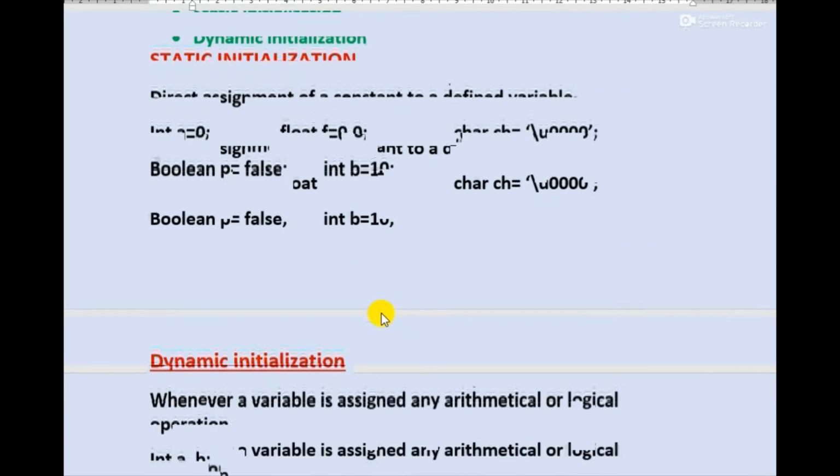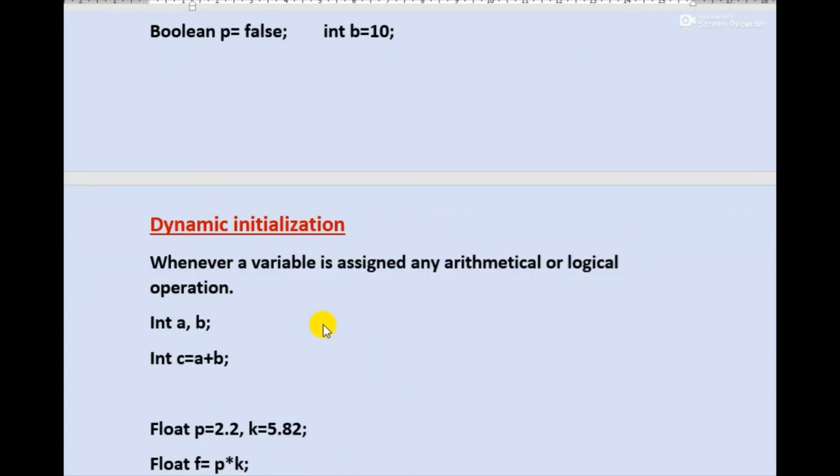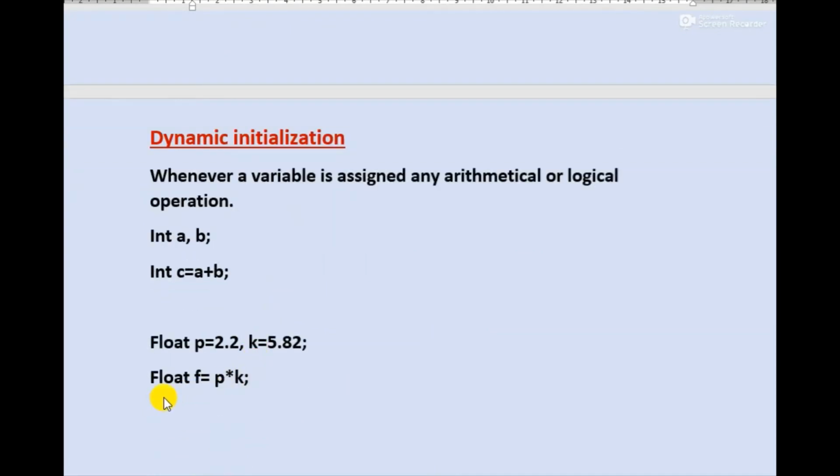Whereas dynamic initialization is whenever a variable is assigned any arithmetical or logical operation. You can see here float f equal to p into k. Here p into k is the arithmetical operation, not a constant, and that is assigned to variable f. So this is dynamic initialization.